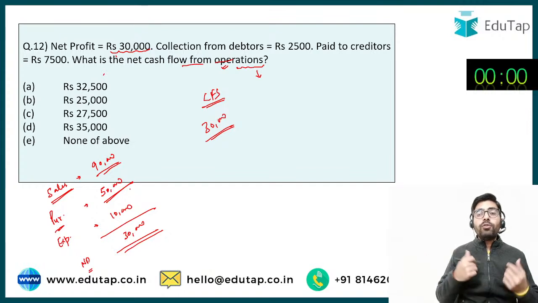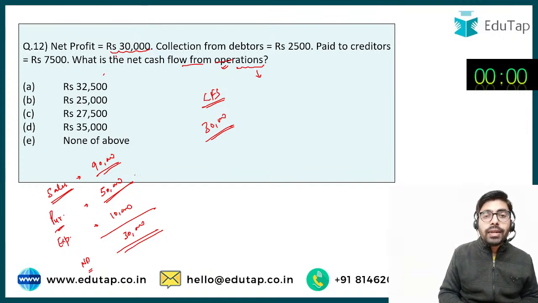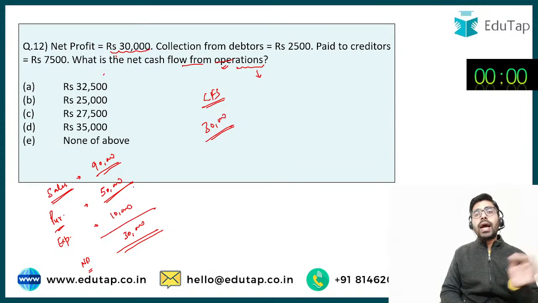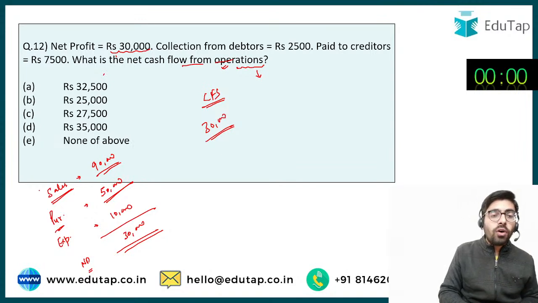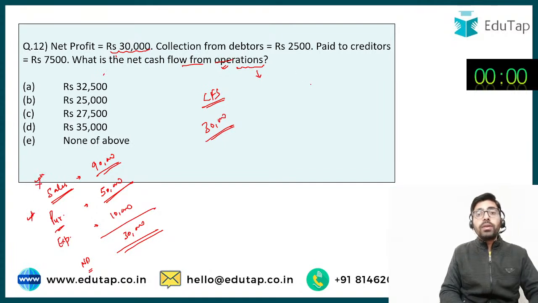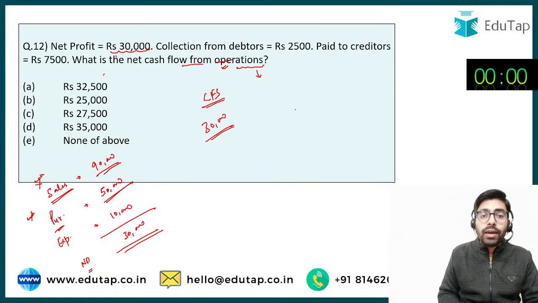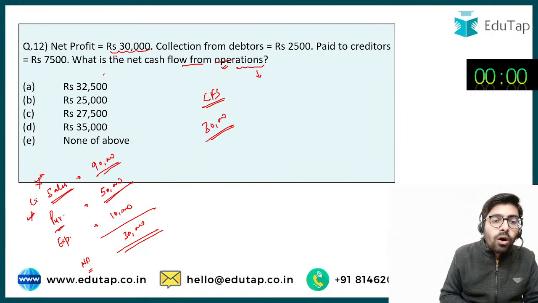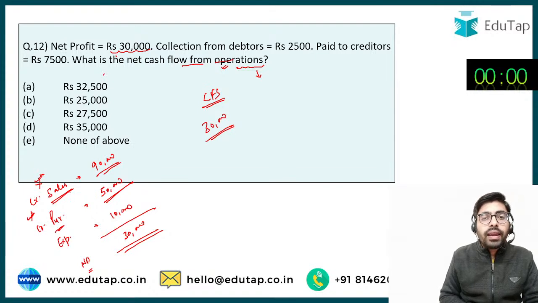So that's why I have to make sure that regarding the debtors and creditors coming here, I would have to make some adjustments, because all the sales are not going to be cash sales, and all the purchases are not going to be cash purchases. So in this particular case, what would I have to do? It says that net profit is 30,000, but your collection from debtors is 2,500. So let's suppose all these sales are on credit. So credit sales are 90,000, and the amount which we have collected from